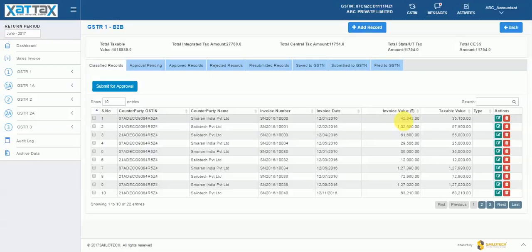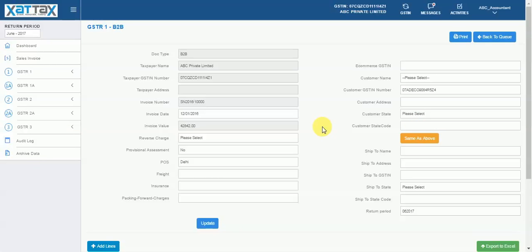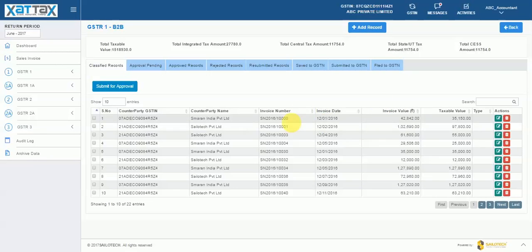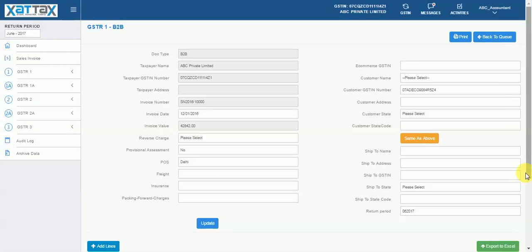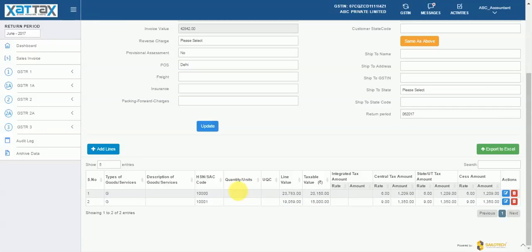So, once the classification is done, the accountant can drill down further into this section. You can notice here that there are invoices which are in this B2B section. B2B is an acronym that we give for Registered Person Invoices. And here, the accountant can use the feature to modify the invoices. These are the headers, and once the accountant navigates here, he or she can view the lines that this specific invoice has. The accountant can further modify these lines.